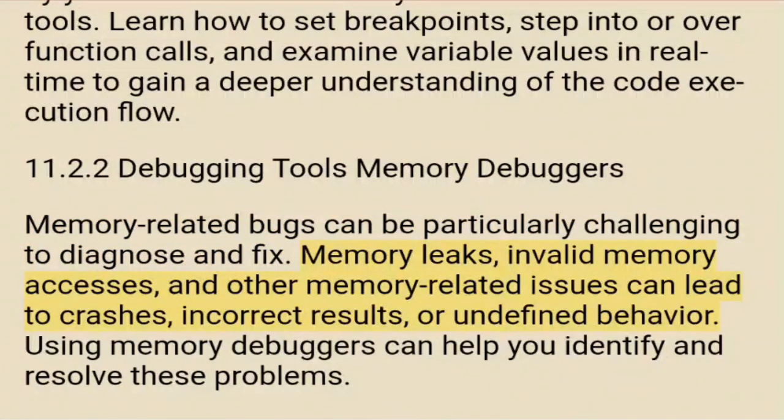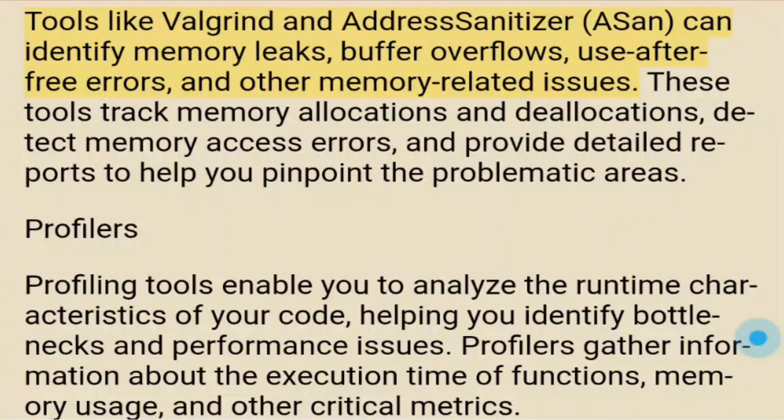Memory leaks, invalid memory accesses, and other memory-related issues can lead to crashes, incorrect results, or undefined behavior. Using memory debuggers can help you identify and resolve these problems. Tools like Valgrind and Address Sanitizer (ASAN) can identify memory leaks, buffer overflows, use after free errors, and other memory-related issues. These tools track memory allocations and deallocations, detect memory access errors, and provide detailed reports to help you pinpoint